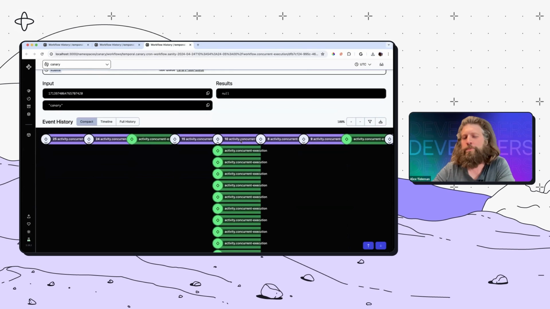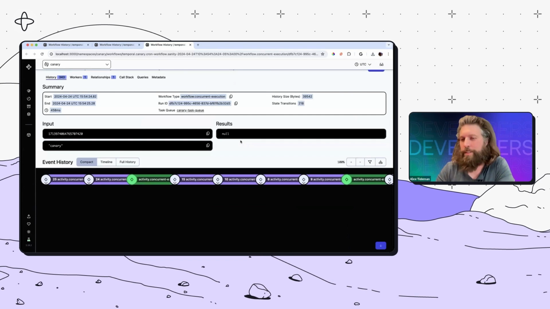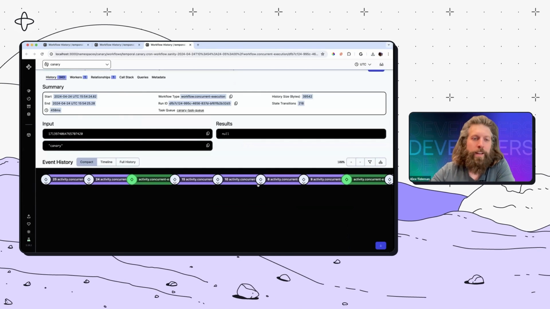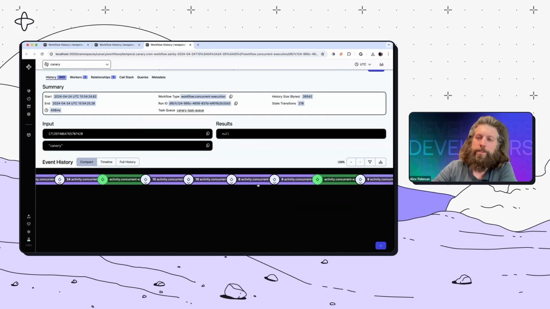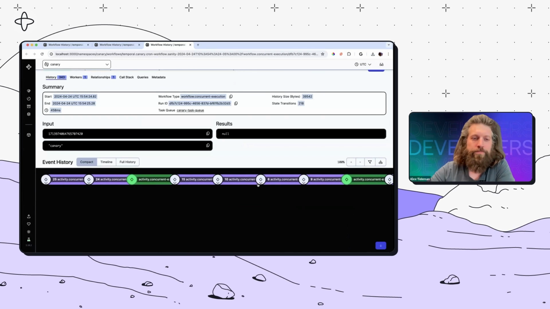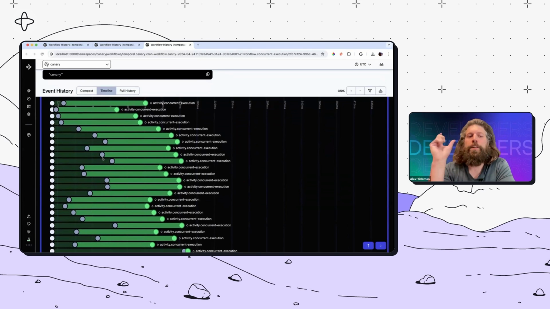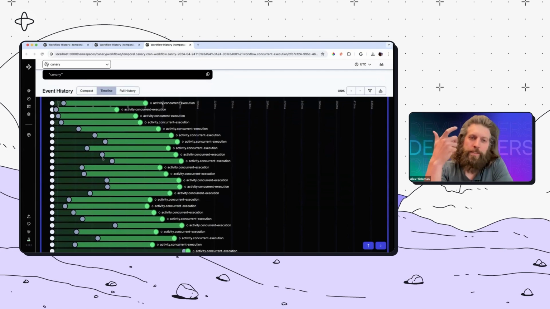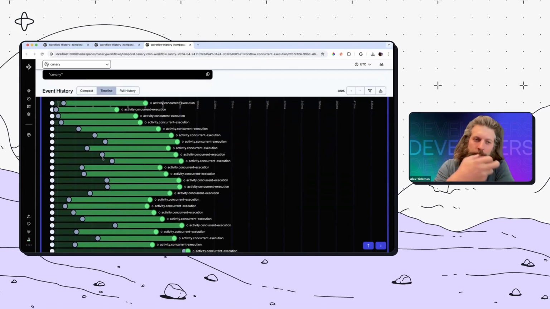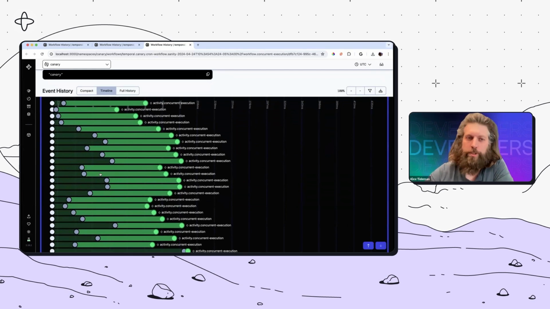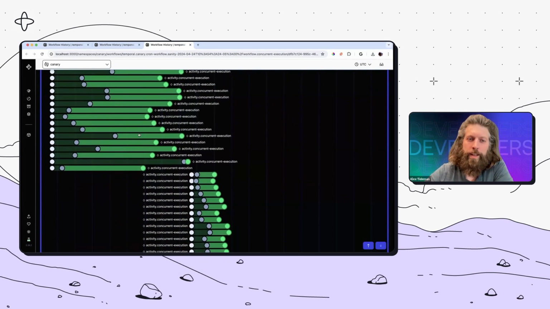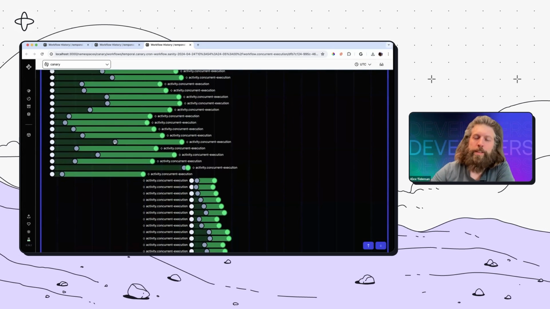But this compact view is really nice when there's lots of the same things happening here. And if lots of them are occurring, you can scroll to the right and left as well. So looking at this timeline, now you can really get a better sense of the latencies here between scheduled and started and completed. So you can look through these activities, and really what we care about here is that latency